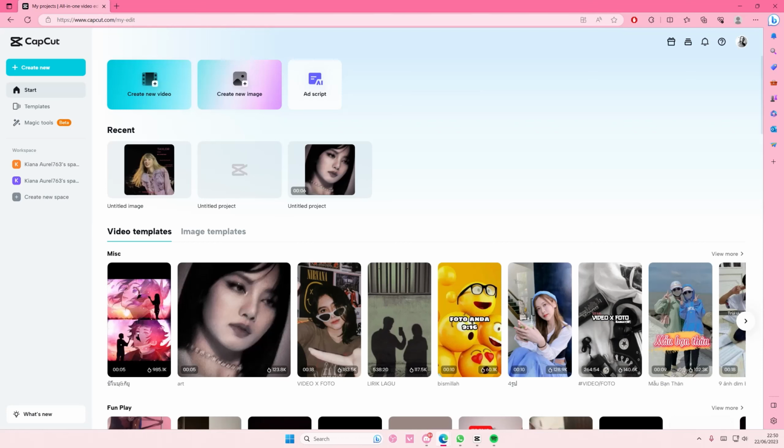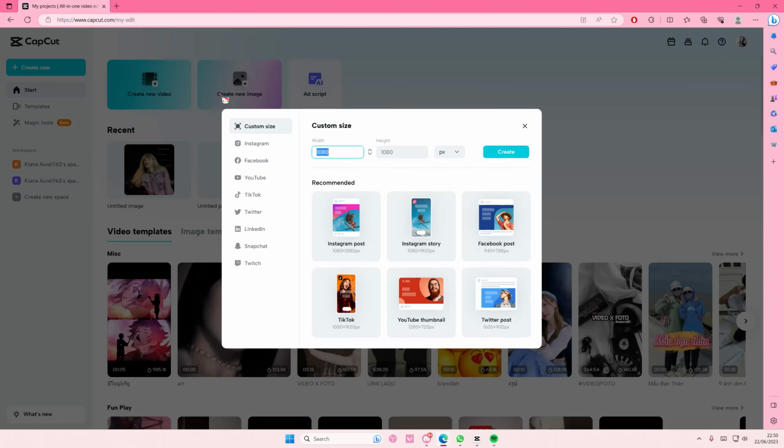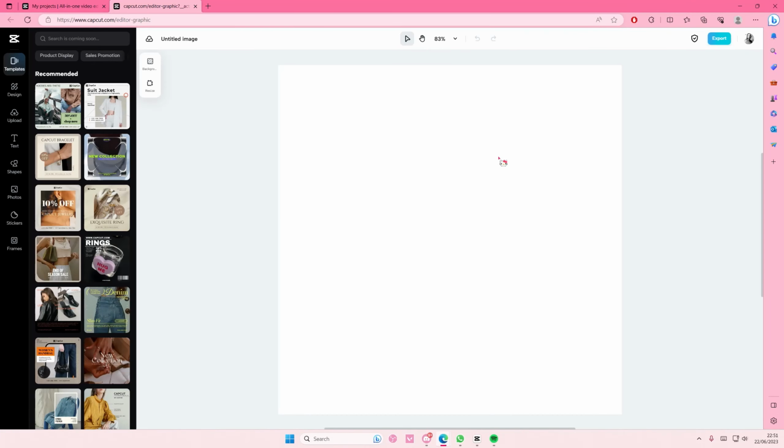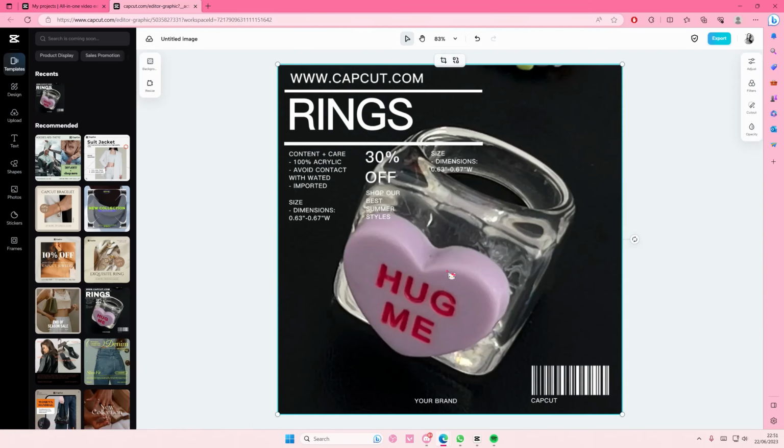In this video I'll be showing you guys how you can edit images on CapCut browser. So instead of selecting create new video, select create new image, and you're going to select the custom size here, or you can select from these recommended aspect ratios. I'm just going to create the basic 1080p. Here you have templates that you can choose from, like this one for instance, and here you can